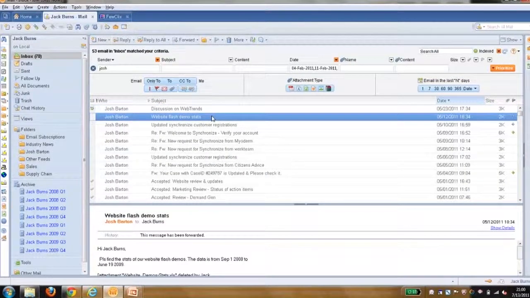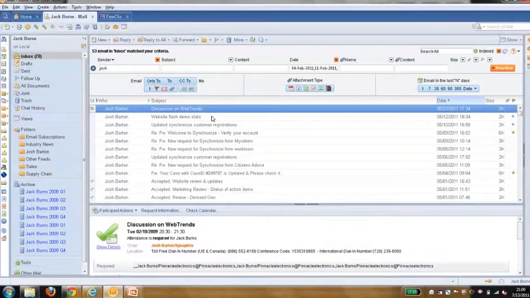Right? So here is a logical way of moving emails to folders rather than scrolling down your emails, selecting those that you want to move, and then doing that. Now, the other